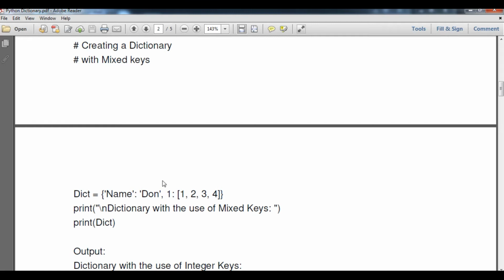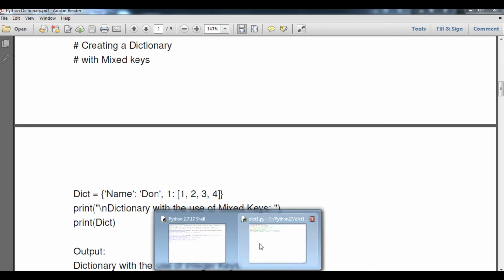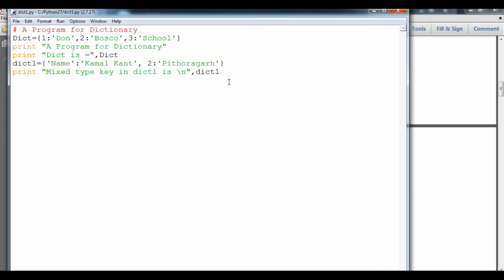In this example you can see we have used a particular type of name as a key, a string type, Don as value, 1 is number, and here a list. So as I told you student, we can have any type of object, I mean element, in a value also. So here I am going to just insert DICT2, a list type of value for our key.